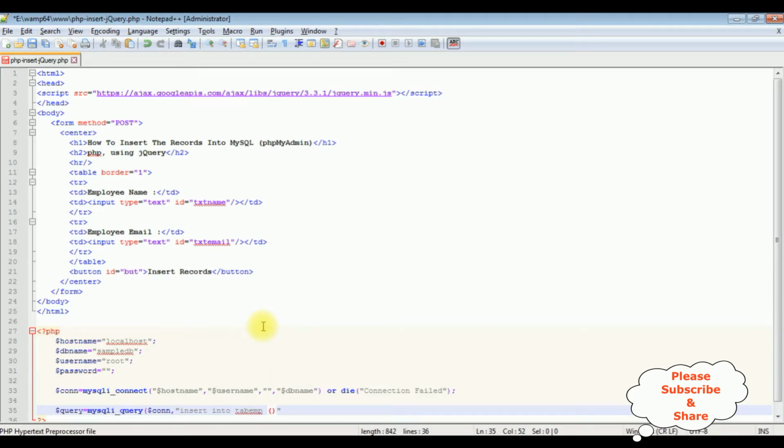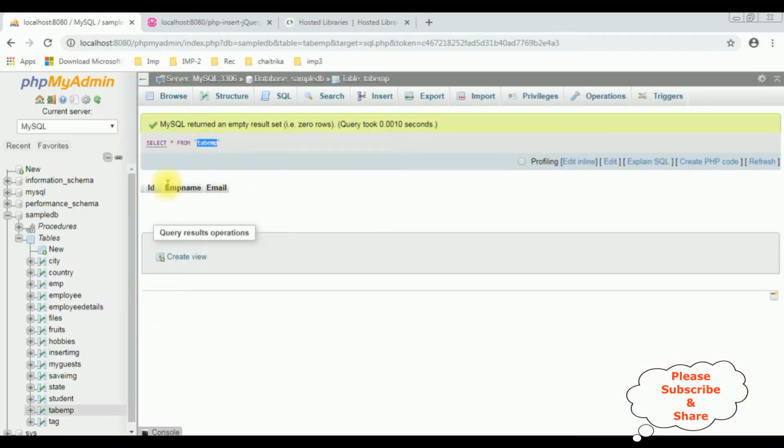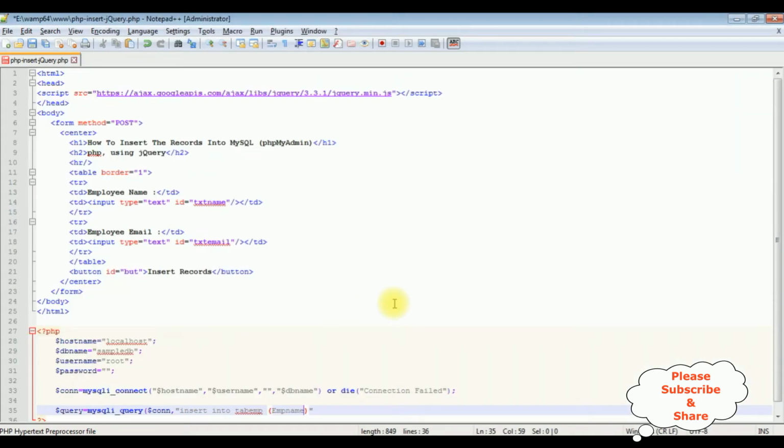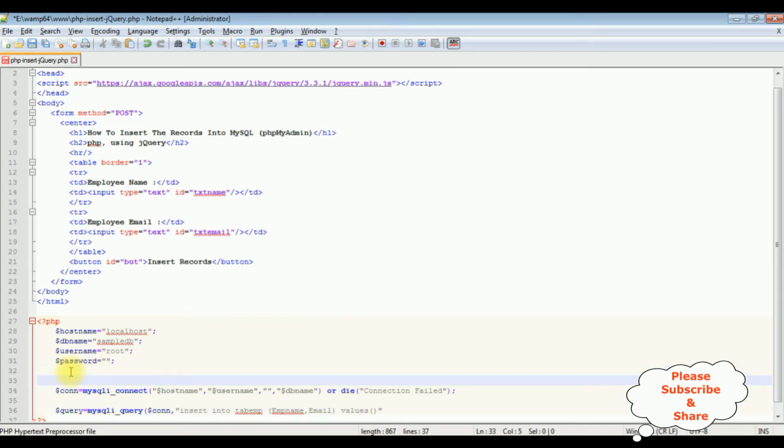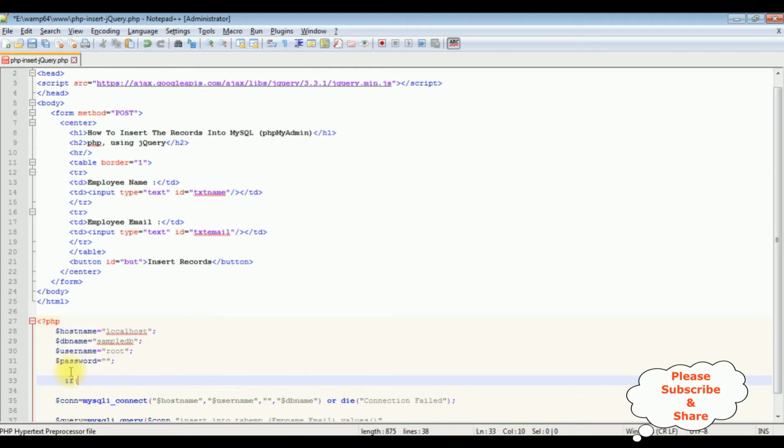The column names are emp_name and email, values. Here in the values usually we'd write the text box IDs, but we are inserting records using jQuery. So let's add the functionality, if